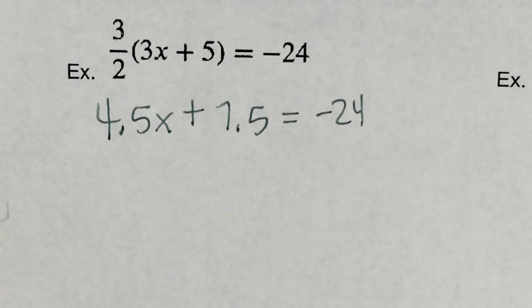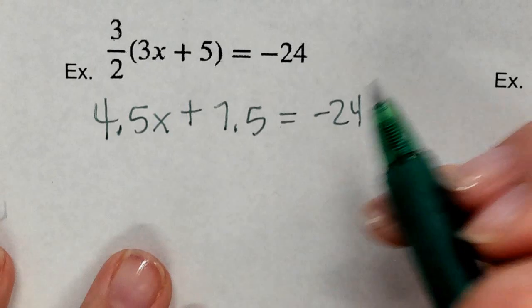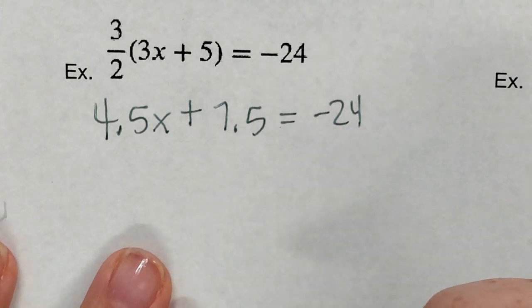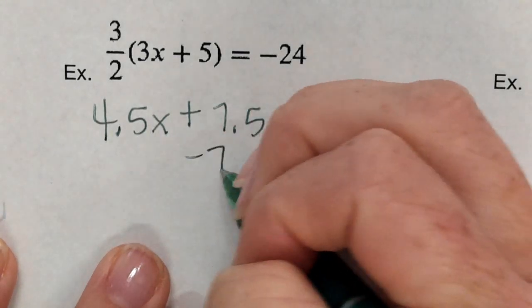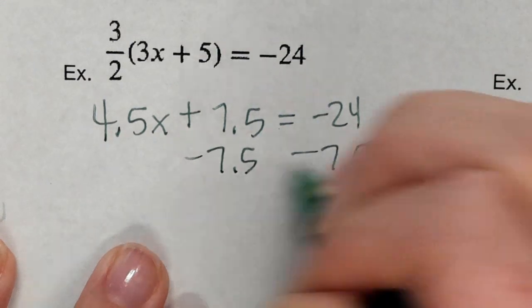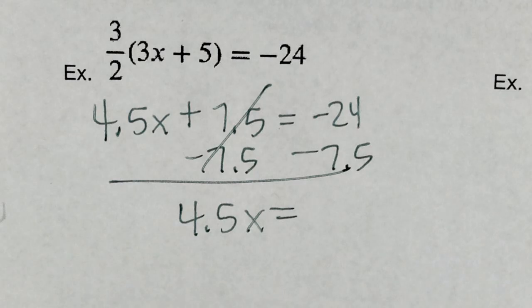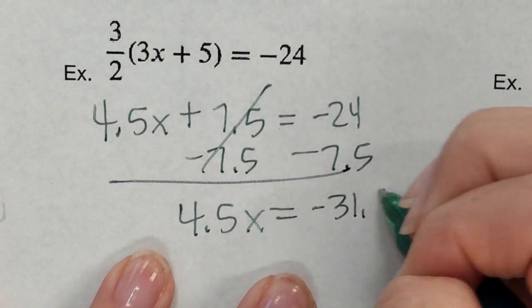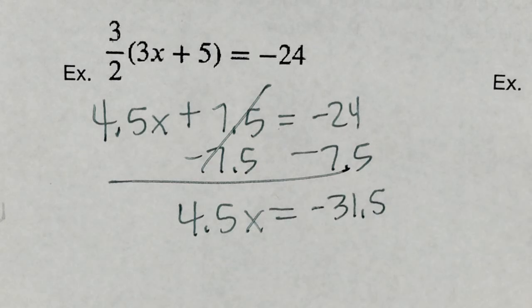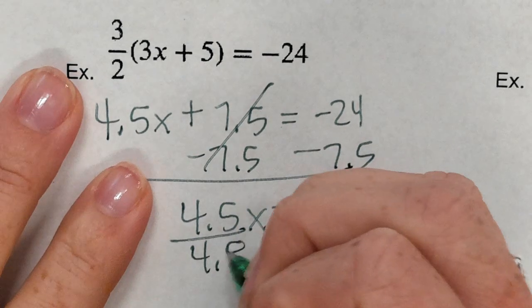Do y'all see how fractions aren't that bad? Okay, get rid of the constant. How do I get rid of plus 7.5? Minus 7.5. So I have 4.5x equals, and -24 minus 7.5 is -31.5. And then I simply divide by 4.5